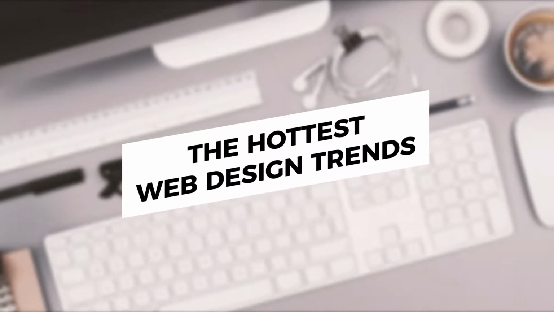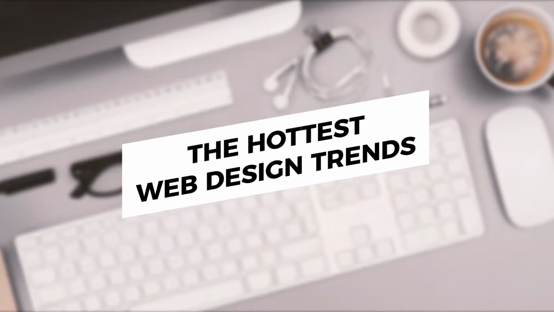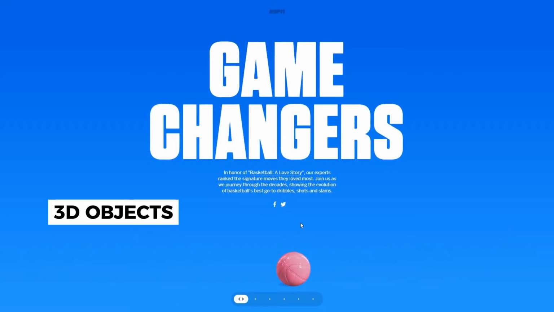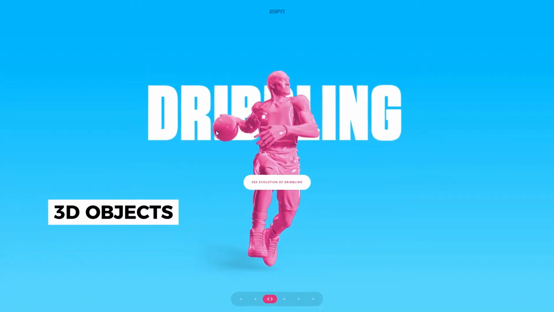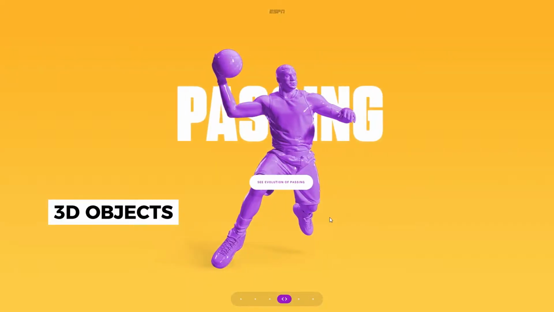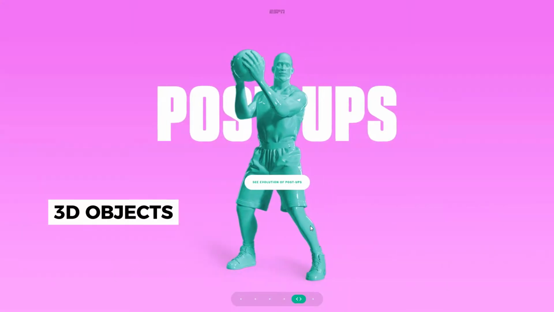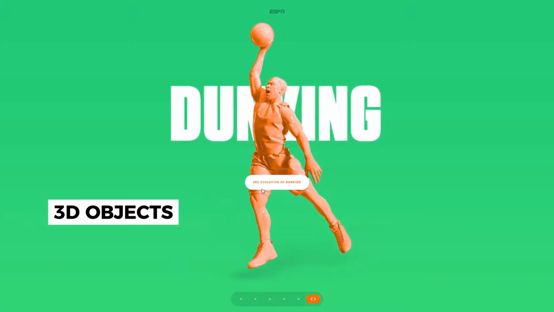The hottest web design trends. Number 1. 3D objects. Over the past 2 years, using 3D elements in web design has become a common practice. In 2019, and during the following years, designers will be integrating 3D objects into complex layered layouts and make them